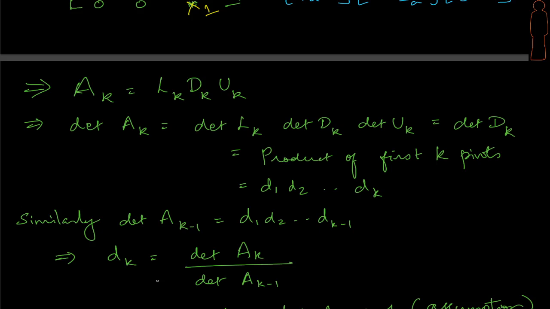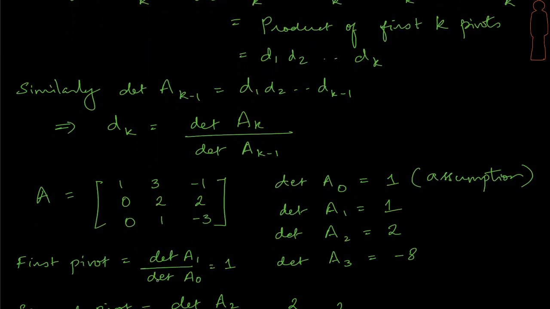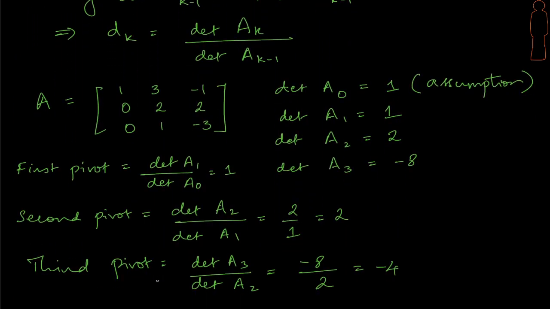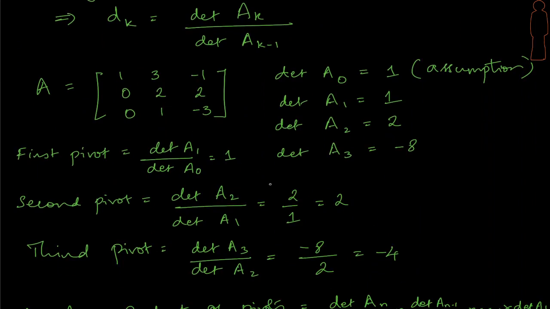I'm going to take the 3 by 3 matrix that we did before, use the same example, and we will try and see if it really does find the pivots or not. So this is the same matrix that we have on top. Let's take a look at what are the different matrices we're going to have here. Obviously, I'm going to have A3, I will have A2 and A1.